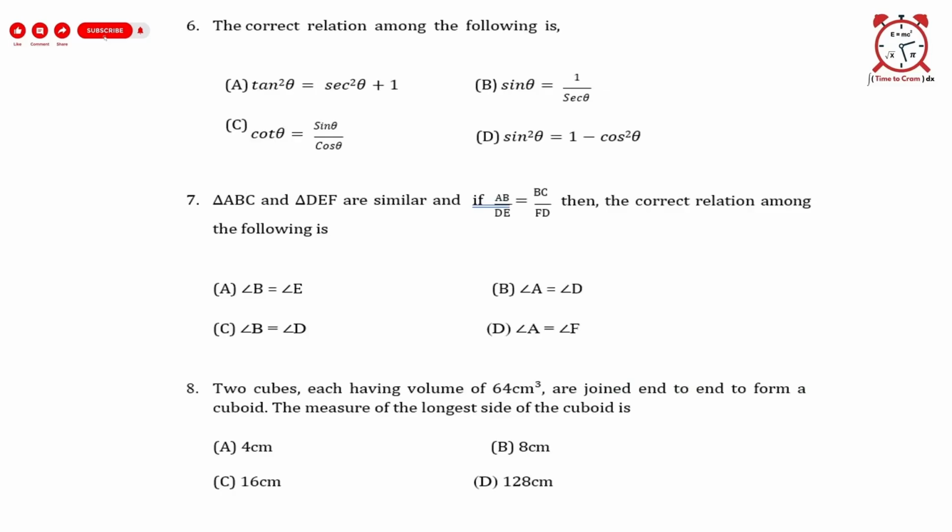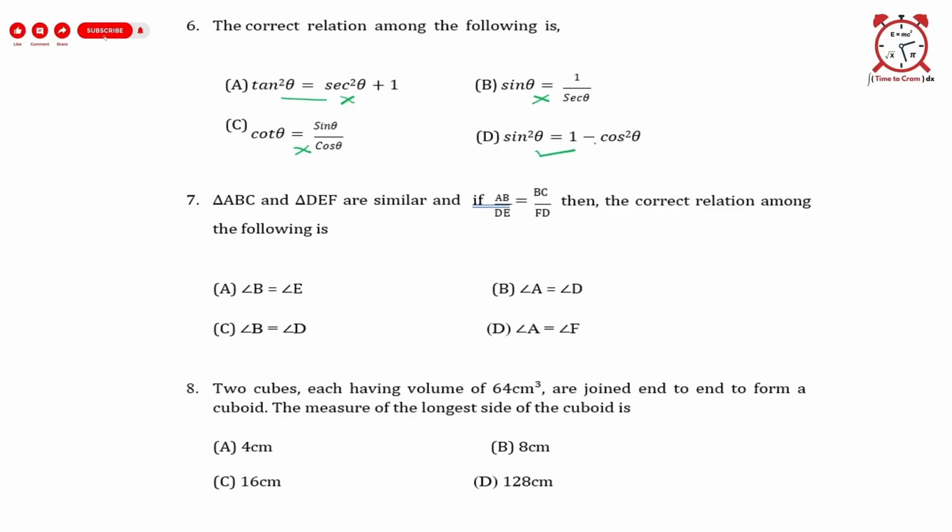the correct relation among the following is dash. So here we can see that we have to identify this identity is incorrect. It is incorrect because 1 plus tan square theta equal to sec square theta. So it is wrong. Sin theta and 1 upon sec theta, they are not a multiplicative inverse of each other, so it is wrong. Cot theta equal to cos theta upon sin theta, so it is also wrong. So last option, if we will check, then this is the